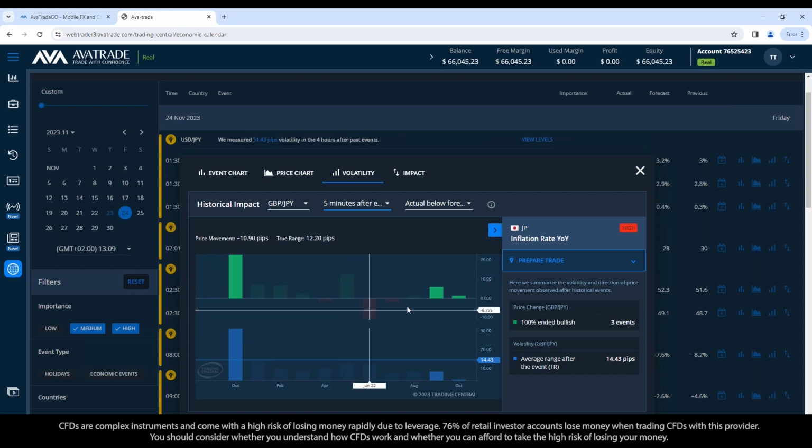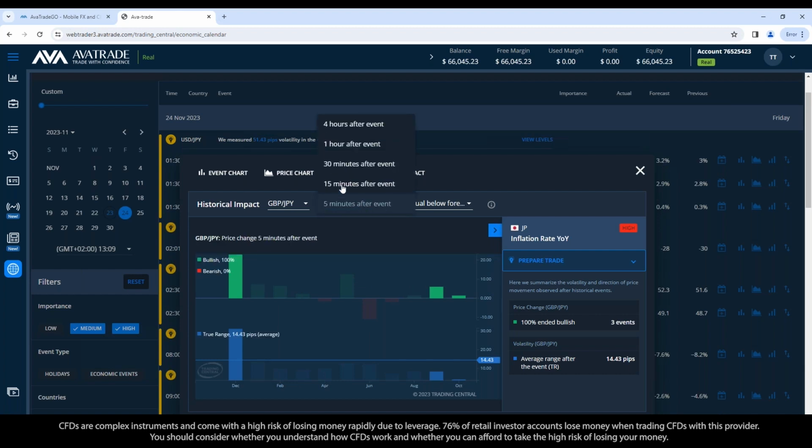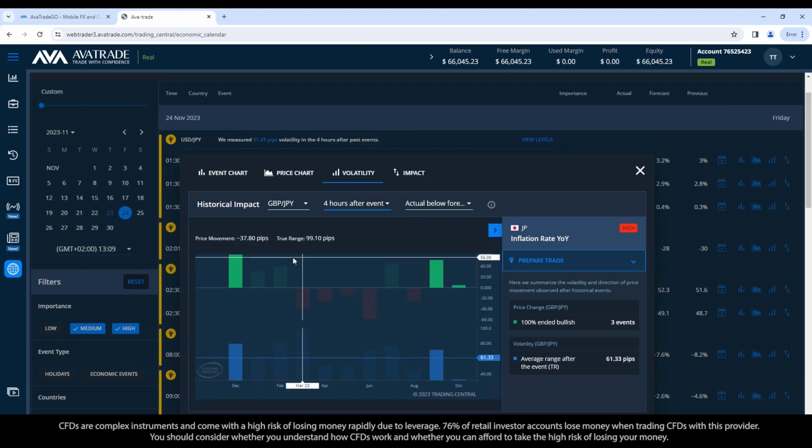It looks like a big movement, but this was up 2 pips, 6 pips, and 21 pips in the first 5 minutes. And then after 4 hours, we're talking up 56 pips, 50 pips, and 6 pips. So it looks like 2 out of 3 times you'd have had a huge gain in these ones if you had traded within the first 5 minutes. When these numbers came in below forecast, you'd have won big on 2 of them and maybe a small gain on the 3rd.